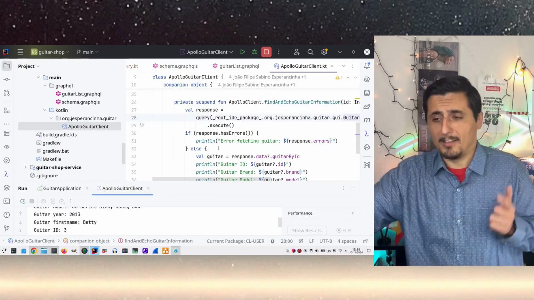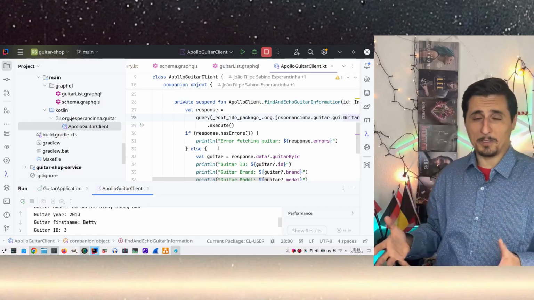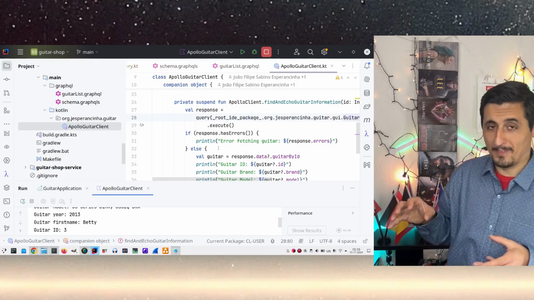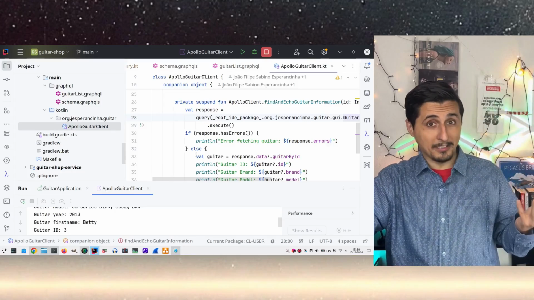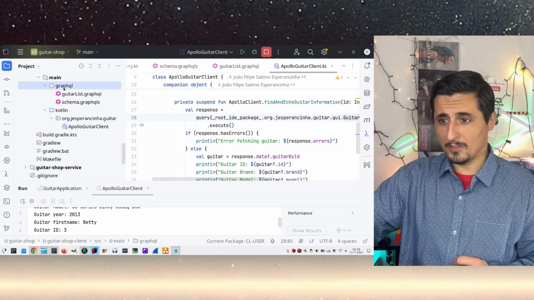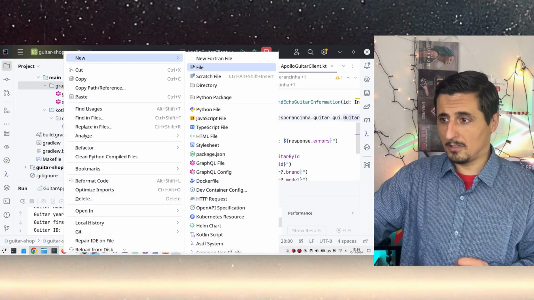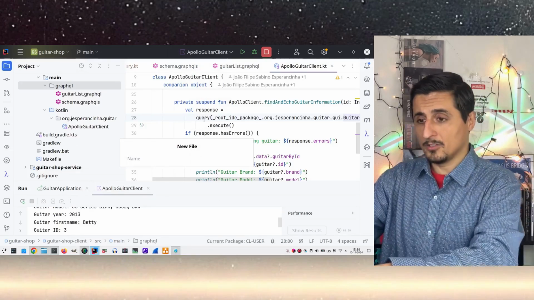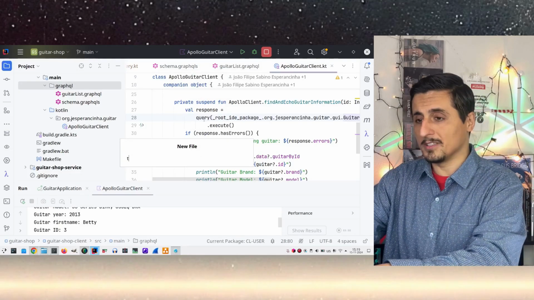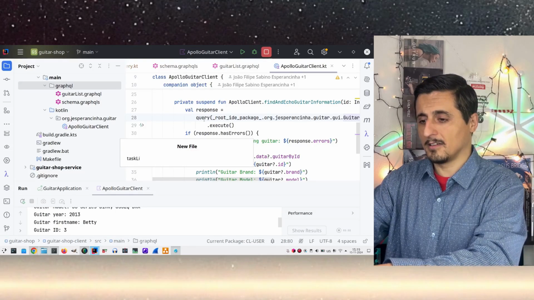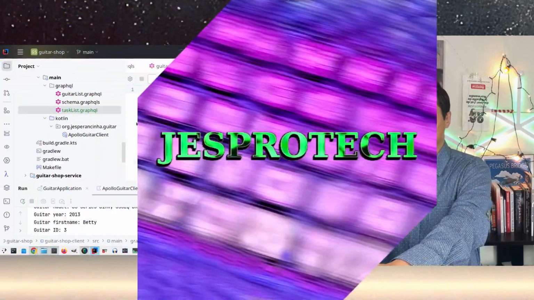But this is the simple part. Let's try and do the other one. Let's try and do the WebSockets client. For that, let's see what we can do. We've got here the ability to create a wrap-up file. So let's say we'll call this task list GraphQL. And then here,